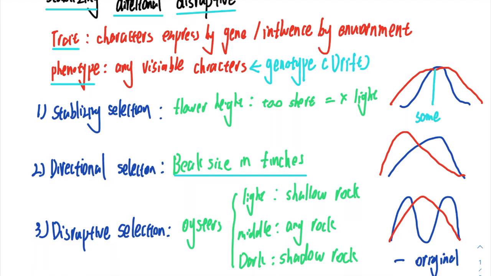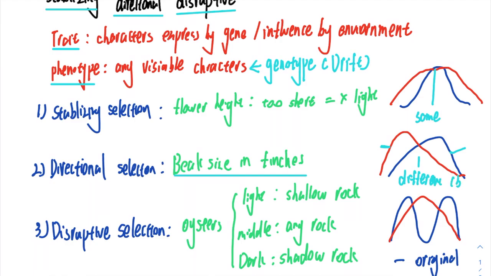The finch might evolve the big size by following this selection. So we can see that the original is here and after selection is here. Oh, here is after selection, here is the original. They are really different,